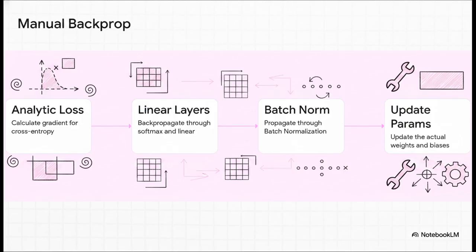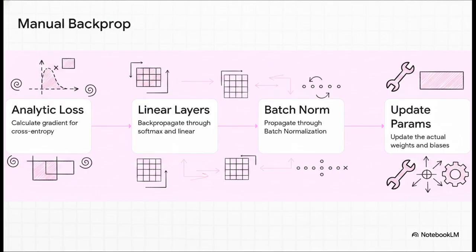Step 1, we analytically calculate the gradient for the cross-entropy loss. Step 2, we flow that gradient backward through our softmax and linear layers. This involves a lot of matrix multiplications and matching up tensor shapes by transposing weight matrices. Step 3, we tackle the absolute beast that is batch normalization, carefully tracking the gradient through the means, the variances, and the Bessel corrections. And finally, step 4, the gradient successfully reaches our weights and biases, and we can update